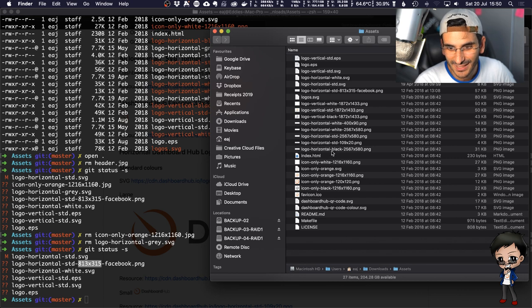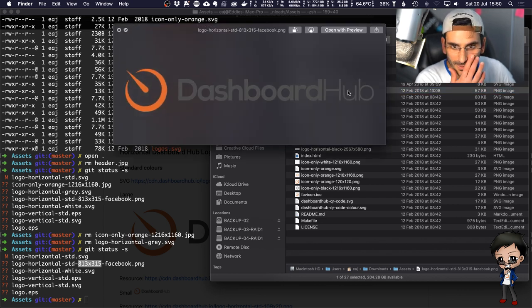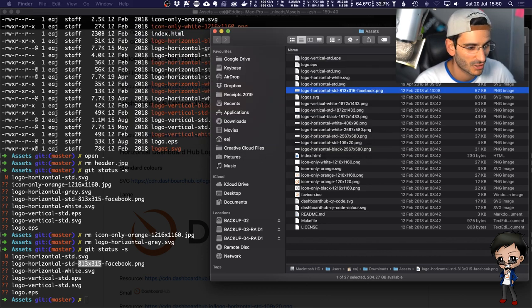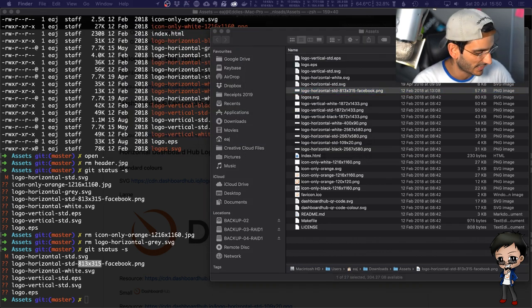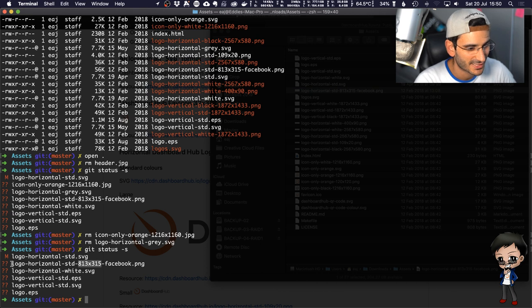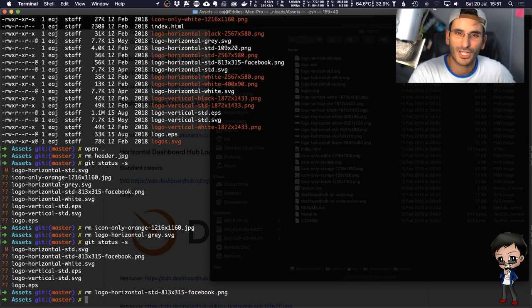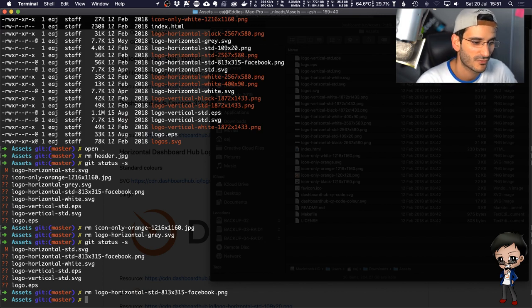Probably don't need to keep that either. I could order this by date modified, so it should be somewhere near the top. Facebook. Again, it's just a Facebook size one. You know what? Let's just ditch it. If I haven't committed it, I don't need it. Let's just be ruthless, right? If you've got code in your project and you're not sure if you're using it, just remove it. You've always got it in the history.